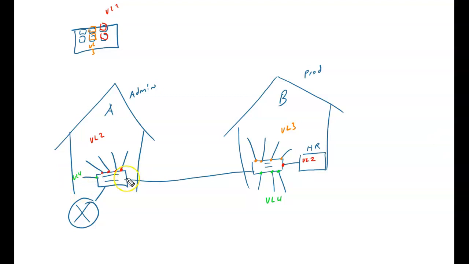The problem is this port right here. Because if I call that port a VLAN 3, then everything over here will come out as VLAN 3. If I call it a VLAN 4, it'll all come out as VLAN 4, and so on. So we don't want that. So what do we do? Well, we do something special here.